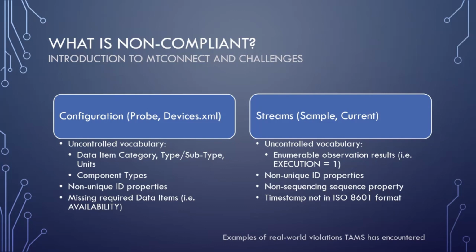Other really common examples were path feed rate listed as, I think, an event when it should have been sample, or maybe vice versa. I usually have to look it up in the standard as well, but as you're reviewing it, you can see clearly from the standard that path feed rate is in either one category or the other.